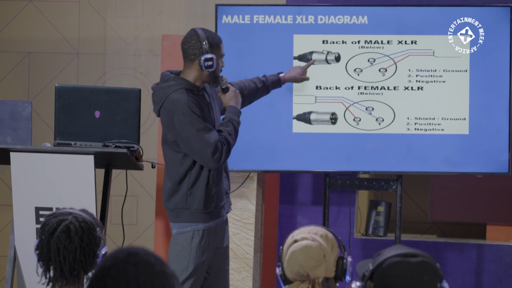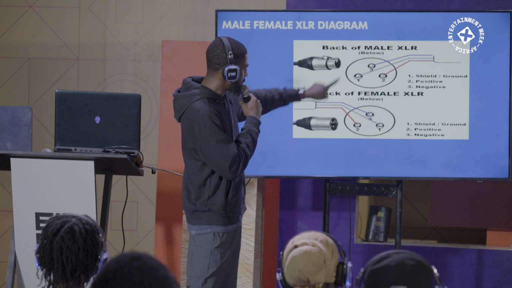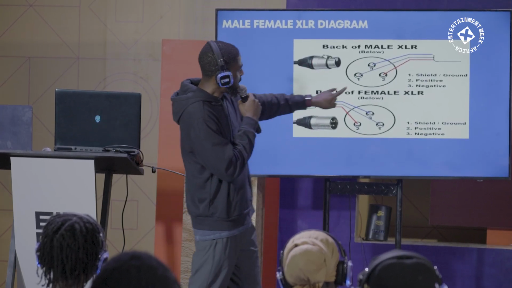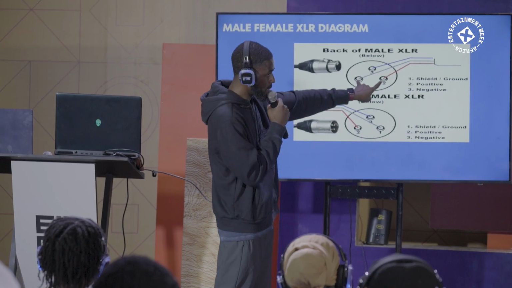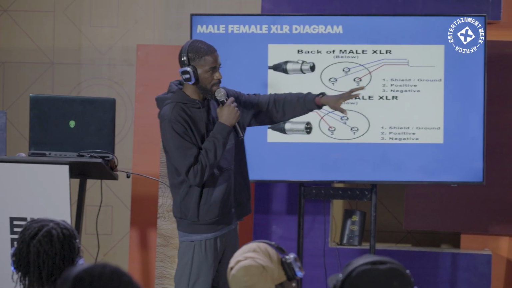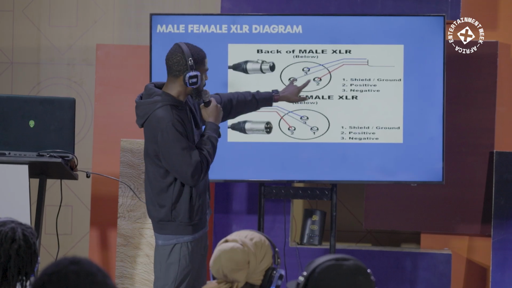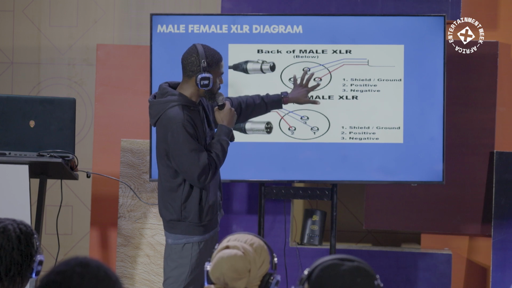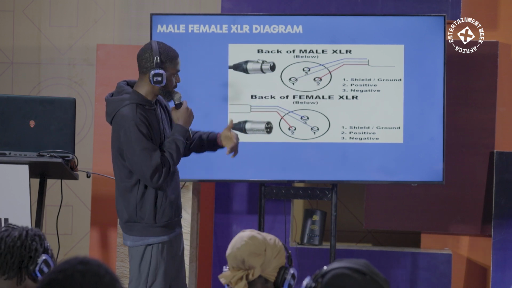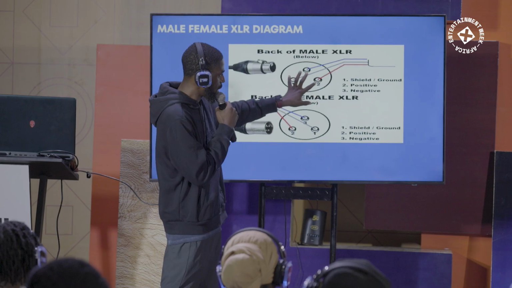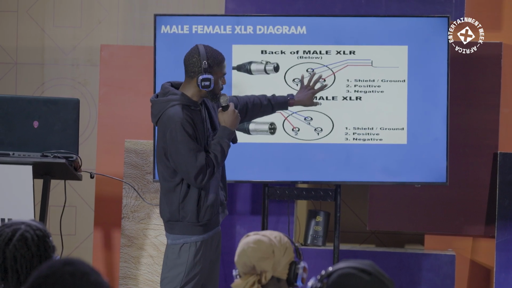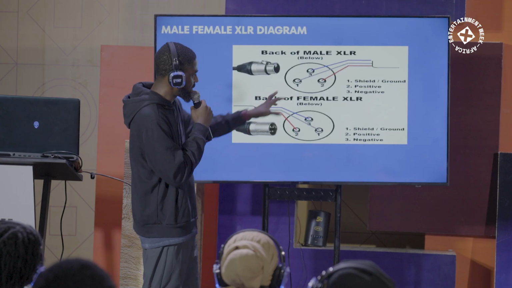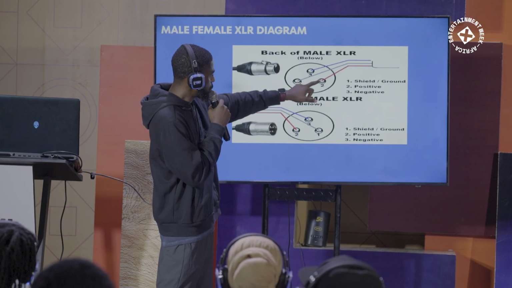So, for example, these are female connectors and these are male connectors. In these connectors there are pins. Now you see the XLR cable like I showed you earlier. In the connector you have 1, 2, and 3. Now a cable is connected to this. Some of the questions you should ask yourself is, how did they get to manufacture, how did they get to solder these cables into the connectors? You should be interested, like, open the connector and see what's happening inside. So what does 1, 2, 3 mean?